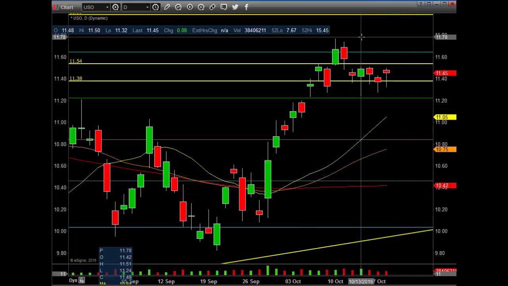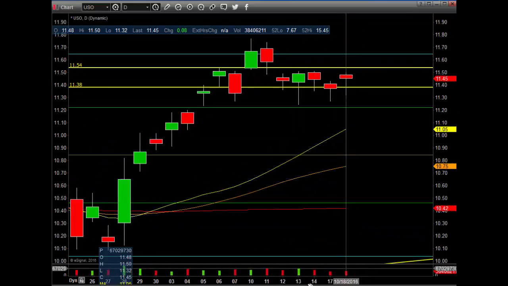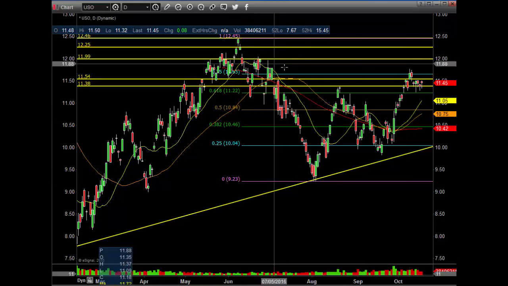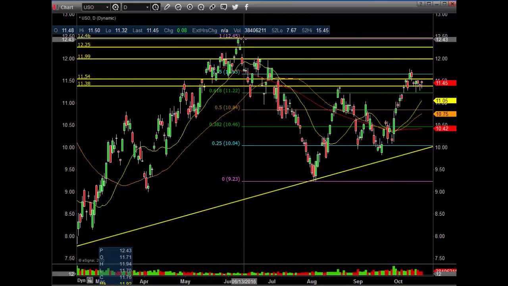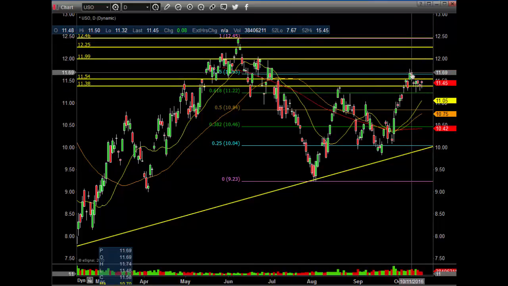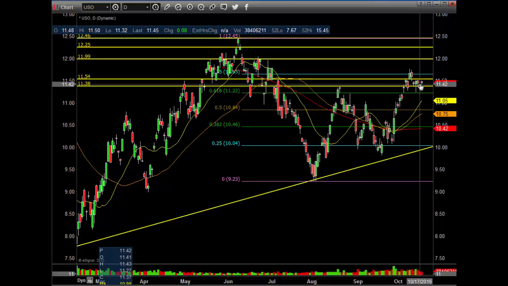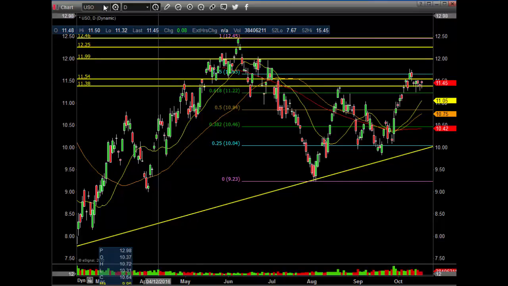If you're a bull on oil, you need to get above this high pivot of 11.77, and I believe $12 is the next area of resistance right in here, 11.99. Then you have a gap filled and the double top up here at 12.46 if this thing starts to roll up. So I'm expecting the USO to go down, and the reason why,